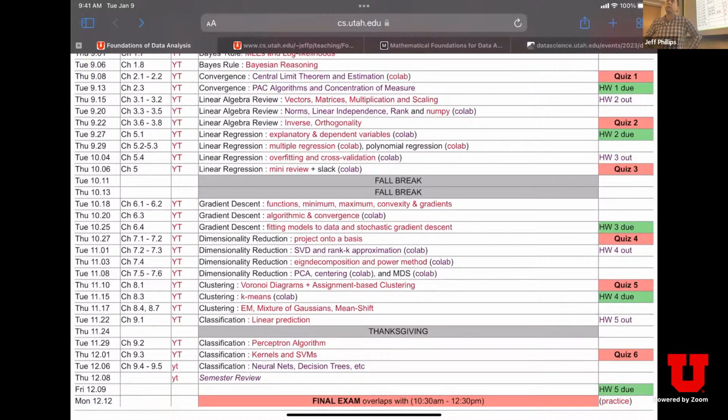Yes, that'll be the same for the final. You'll be able to upload notes. If you had really good cheat sheets for all the 6 quizzes, you can upload them. You can have a PDF document or whatever, ready. You can upload 6 pieces of paper or 1 PDF with 6 pages, and you can get up to 6